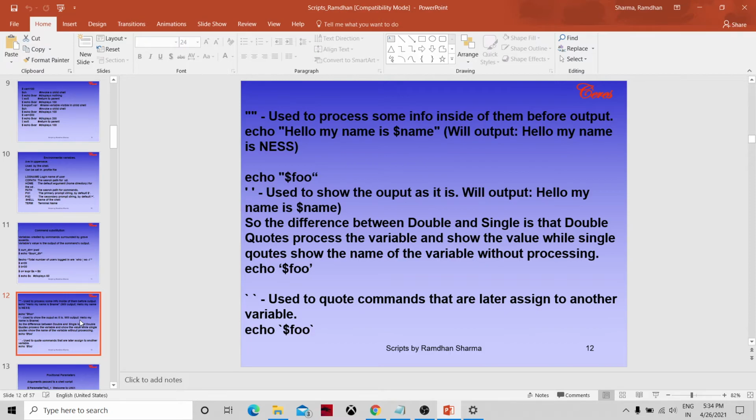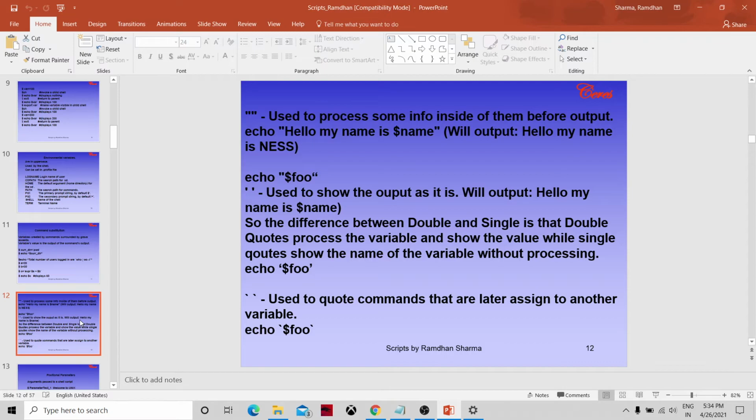Now, double quotes are used to process some information inside them before output. Echo "hello my name is $name" outputs hello my name is Ness. Single quotes are used to show the output as it is, so it will output hello my name is $name.